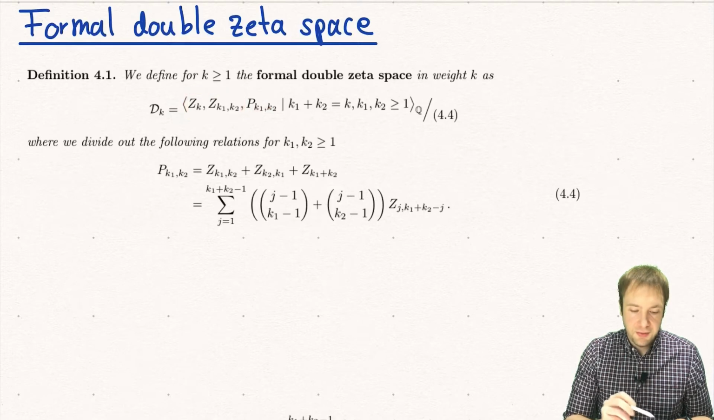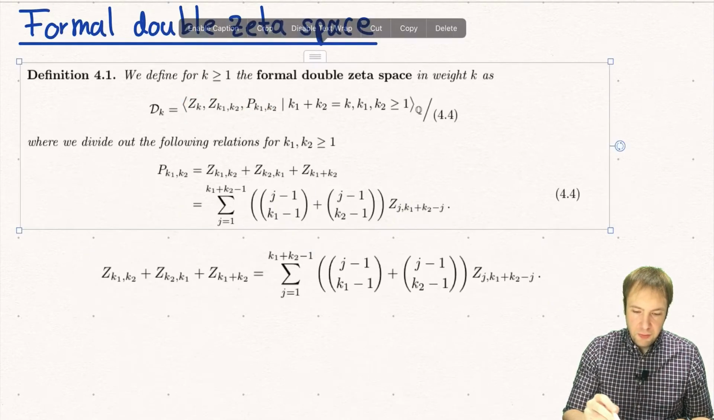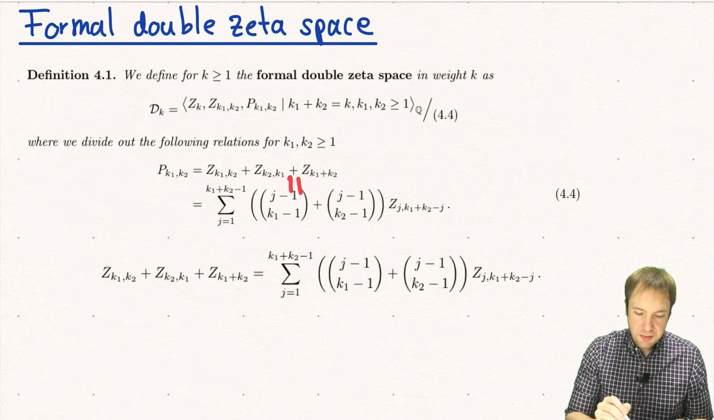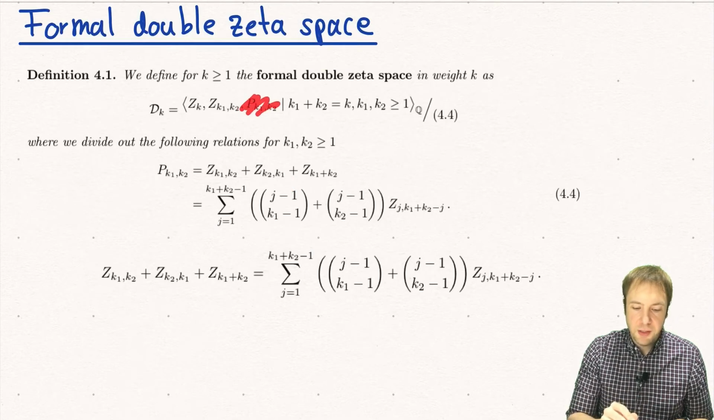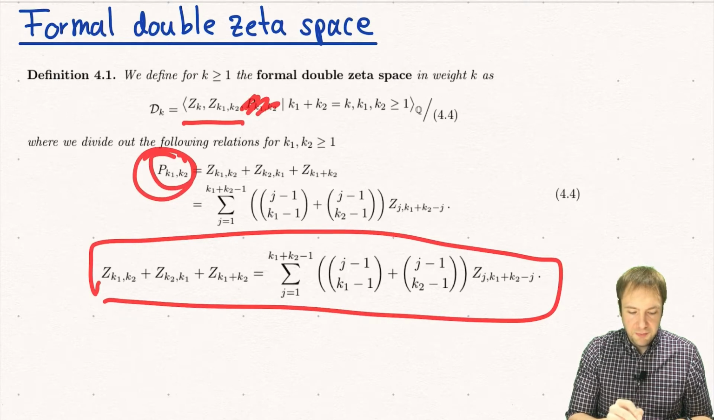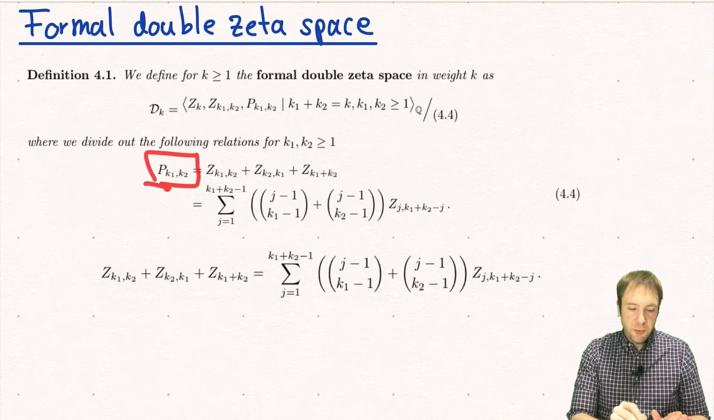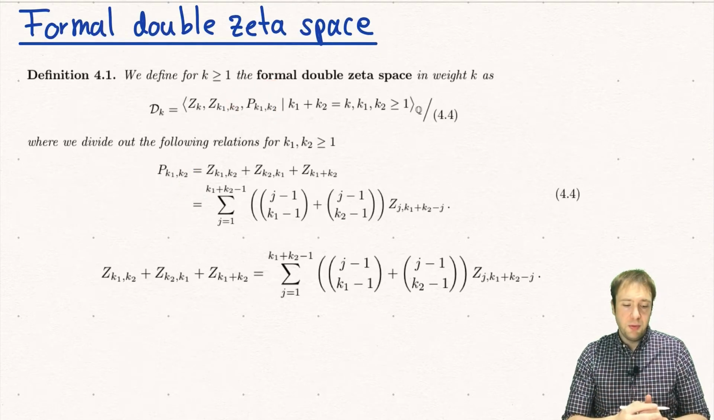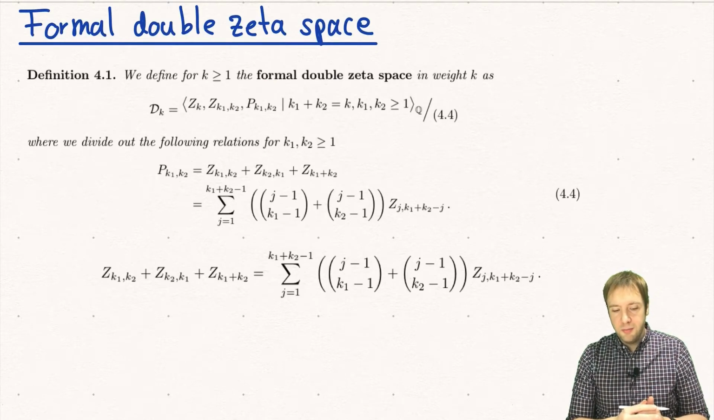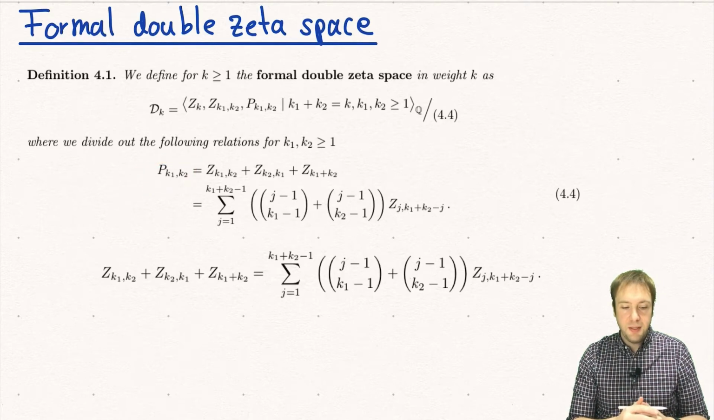of these zk and zk1, k2, because if you look at this equation here, you could also just define this formal double zeta space as a span of these symbols modulo these relations, because this pk doesn't give any new information here. But we will want to keep this pk in there because we will see later that we can write down relations in this space in a nicer form if we also have this extra symbol pk, and also